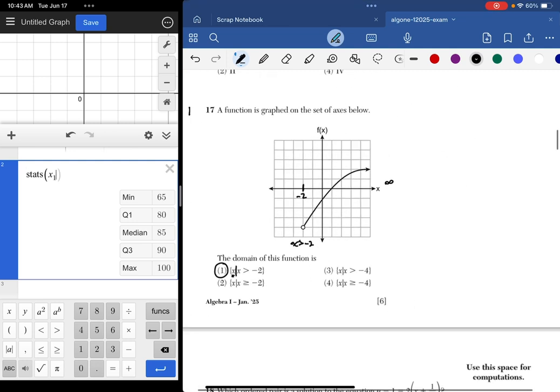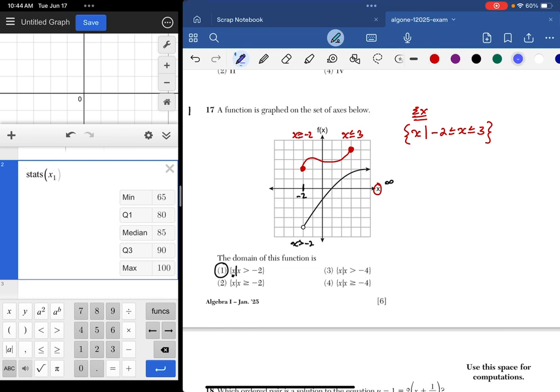Let me just show you what it would have looked like if there were 2 endpoints. So let's say we had a solid point here and a point here. All right, both solid points. So this is an example. Here I would say it's still a variable x, such that x is greater than or equal to -2, and this would be x is less than or equal to 3. So I'd write that as a compound inequality, saying that we're going from -2 to 3.